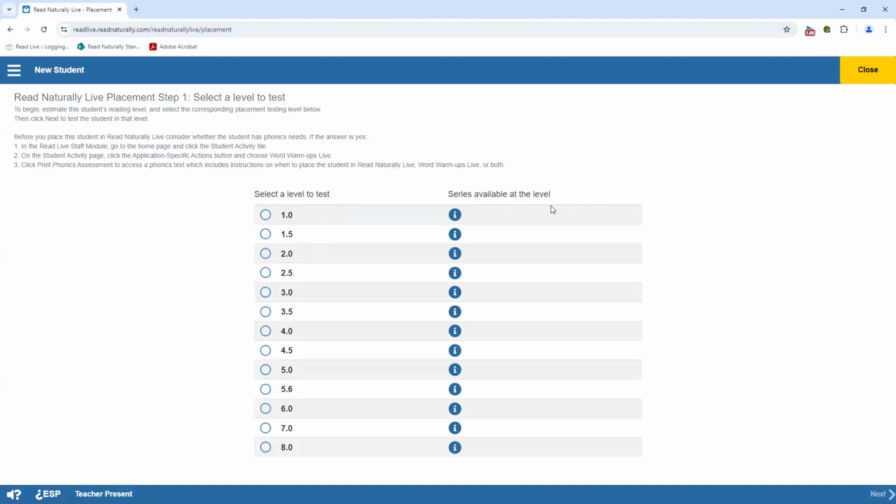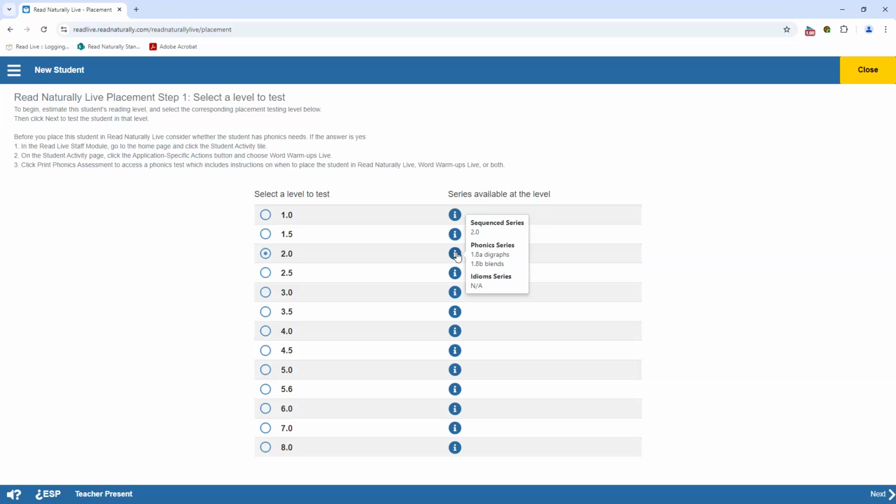So let's say for this 3rd grader, I think he's about a year behind from doing other diagnostic tests, working with the student. I think independently, he might be reading at a 2.0 or instructionally at a 2.0. I can use my best guess, and the students might read 2 or 3 stories before we find the right fit, and that's okay. So it's going to take about, I would say, 5 minutes per student to do